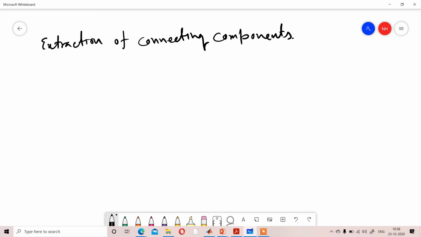If you have a single region, that means all the pixels within that region are connected to each other, as I told you in previous classes. There you saw the pixels visually, and you checked whether they are connected by considering 8 connectivity, 4 connectivity, or M connectivity.